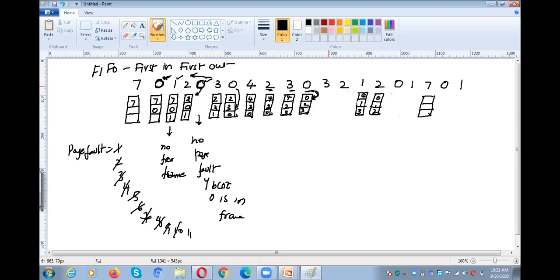0, 1, 2. 0 is not there in the main memory. Again page fault. Which one I need to take out? 1, 7 and then long back 1 and then 0. 7 is just into the main memory. Before 7, in the 0 and 1, which one came into the main memory first? 7 just came. Before that 1 is there already in the main memory. 0 is also there in the main memory. And next 1 just came into the main memory. So 0 is long back. Have you got my point?